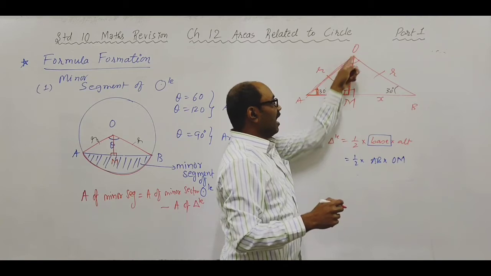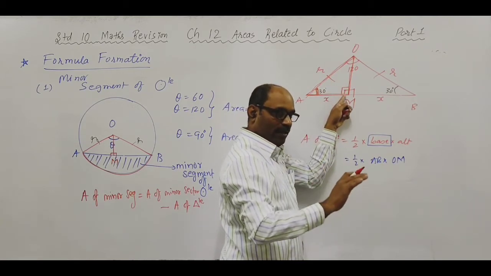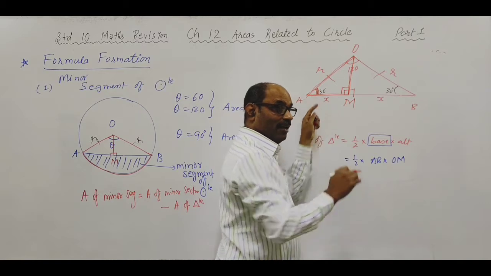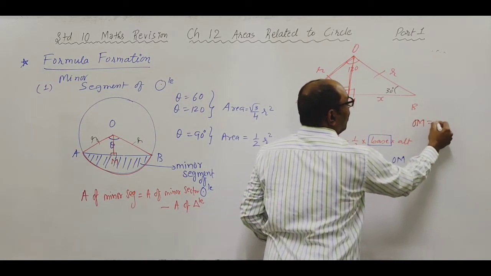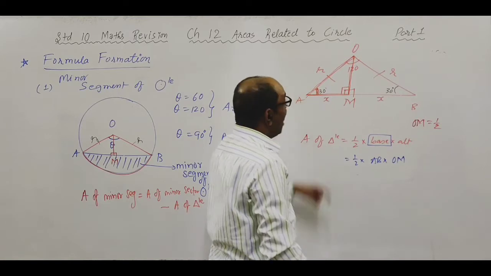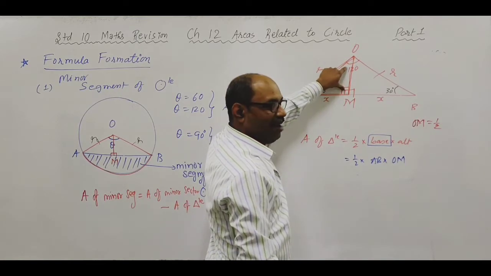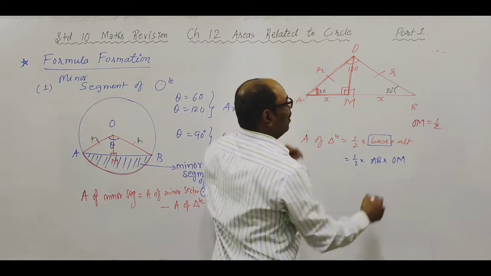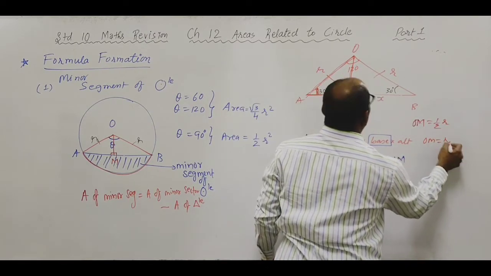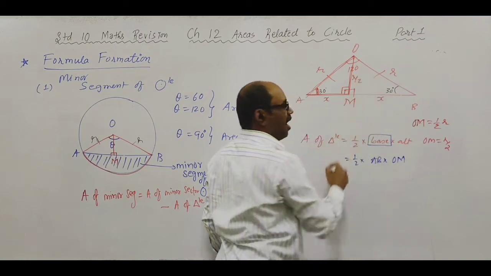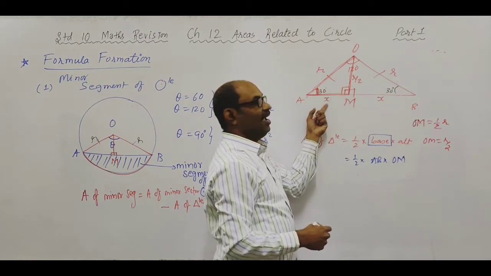चलो, this is right angle triangle AMO. Right angle triangle मतलब right angle तो है, उसके अलावा 30 डिग्री है. 30 डिग्री के सामने की साइड OM is half of hypotenuse. ये ध्यान में रखना. OM is half of hypotenuse. And hypotenuse is what? So OM is equal to R by 2. ये R है, ये R by 2 है, और ये X है.